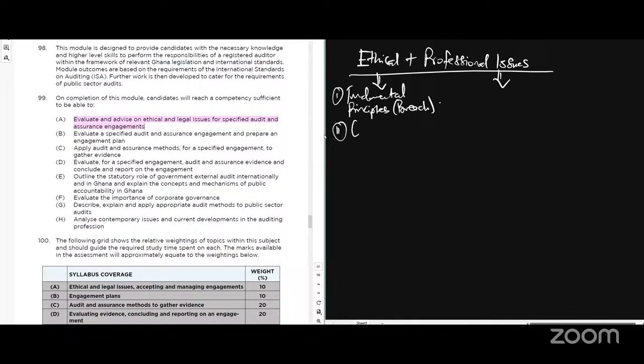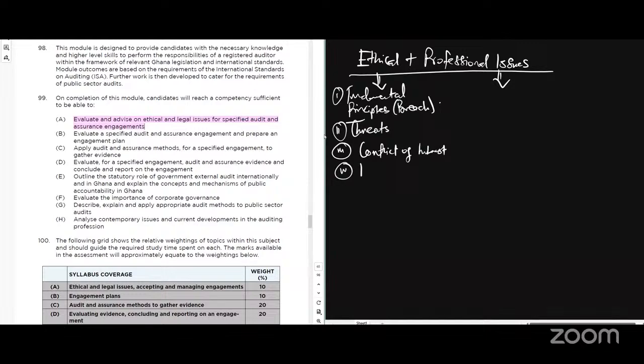Then it could be an issue regarding what? The threats, ethical threats. Okay, so dealing with the ethical threats, it can be an issue regarding conflict of interest. Okay, conflict of interest. So maybe there's an issue with the directors, or let's say you are auditing two clients. Your two clients who end up being competitors, right? So you have to adopt something like a Chinese wall or use separate teams to audit them, right? Where you are stuck in a dilemma. Always, when you are stuck in a dilemma, you seek legal advice, okay?